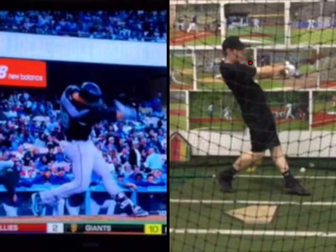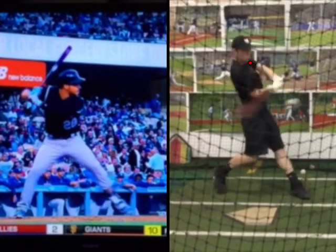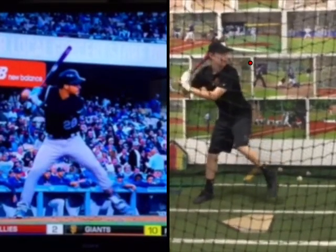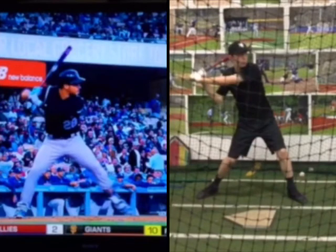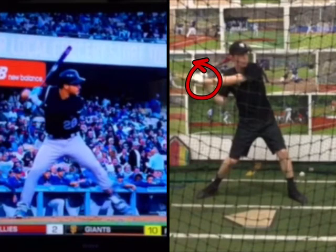So, two things, because we're doing a lot of good stuff as far as I think that's synced up really nice, okay? If we didn't have our back foot pointing backwards, and if we were able to close the gap in here to where our top hand was a fist away from our back shoulder, as we engaged in immediate preparation, like that's not a bad move there, other than you can see the massive space that you've created between your top hand and your back shoulder,